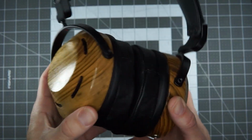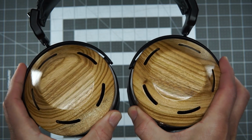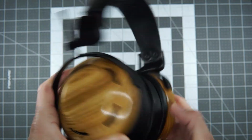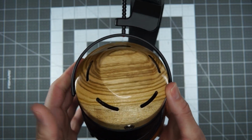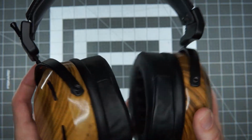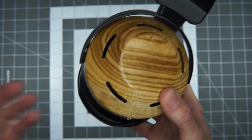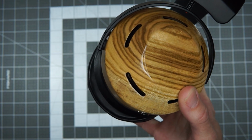ZMF headphones always leave me smiling, and this is no different. This is the Atticus, I guess the last closed back in the ZMF line I haven't tried. Being a bit of a completist here, this will be a quick one. I'm not going to have a ton to say, but if you happen to stumble across the other ZMF videos